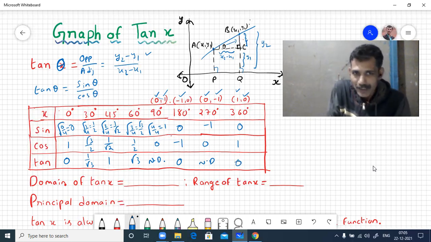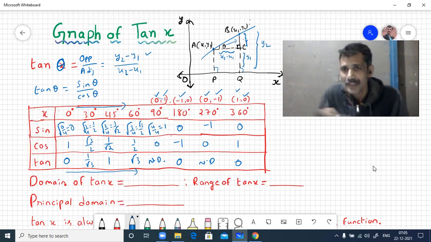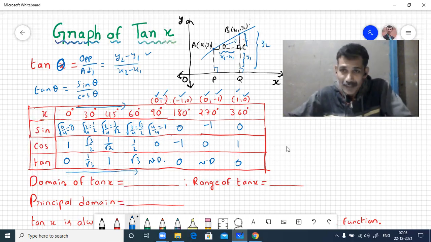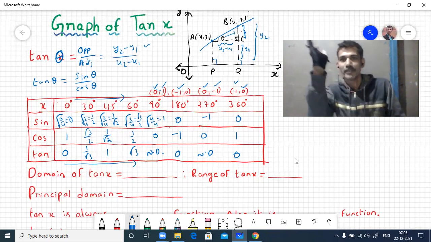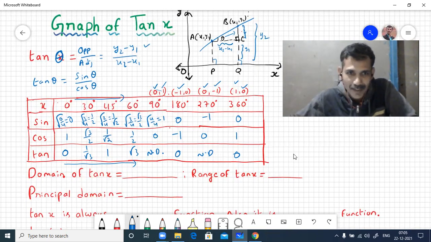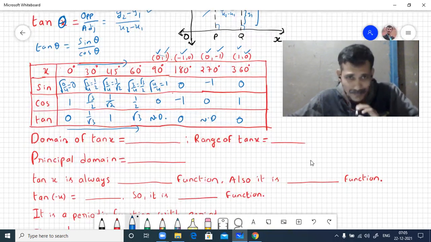See, up to here it is increasing. It is an increasing function. When x values are increasing, y values are also increasing, tan x. So it is an increasing function. That we can see in the graph also. See, it will be like this, from bottom to top. Okay, now we'll show the graph and we'll describe its domain and everything.